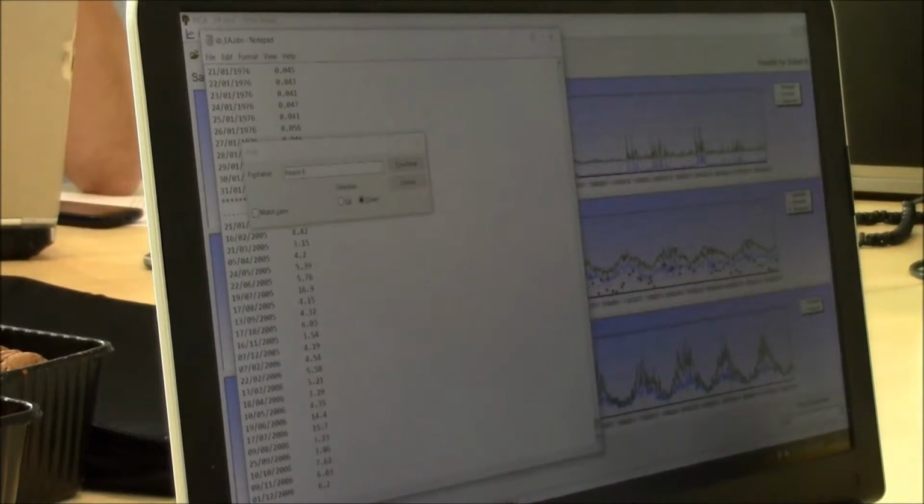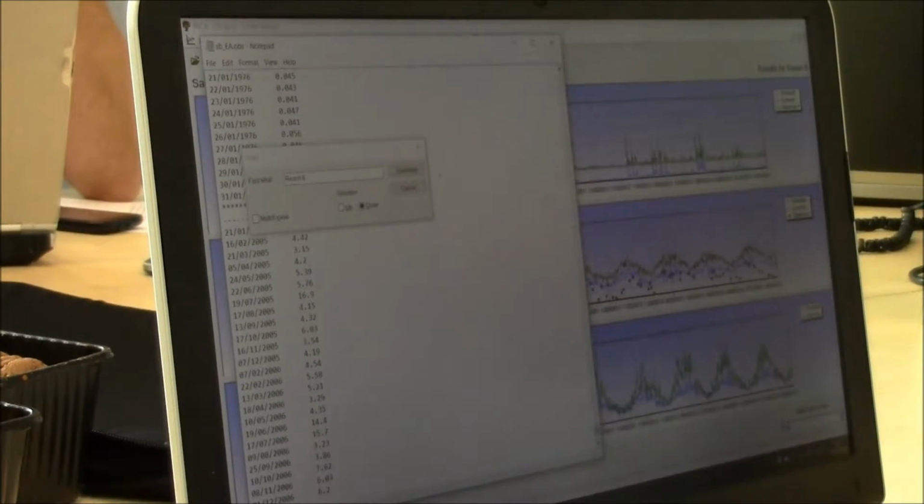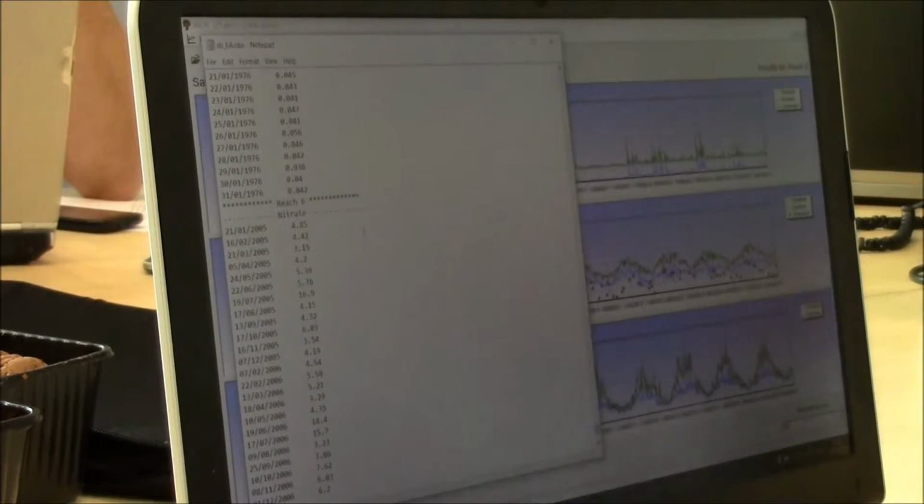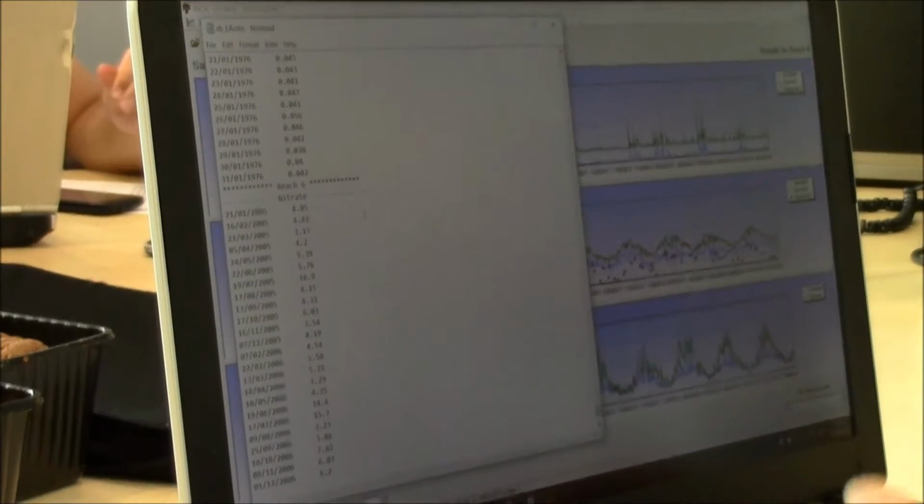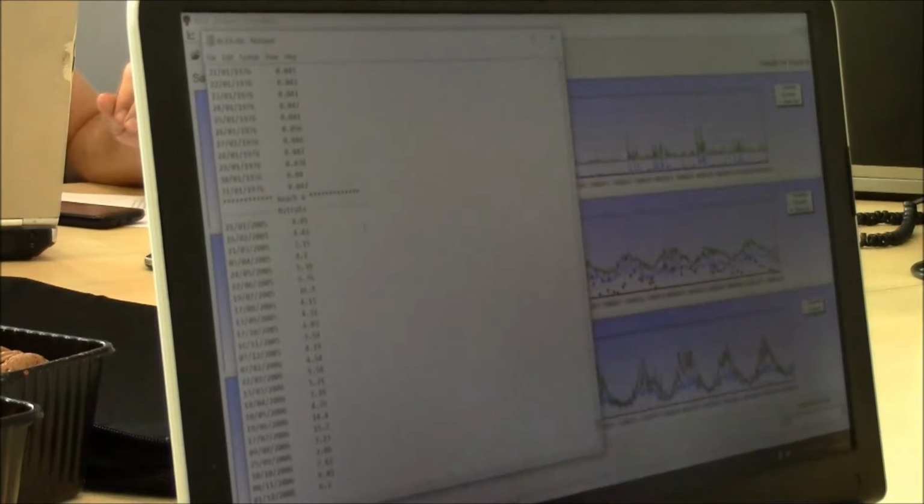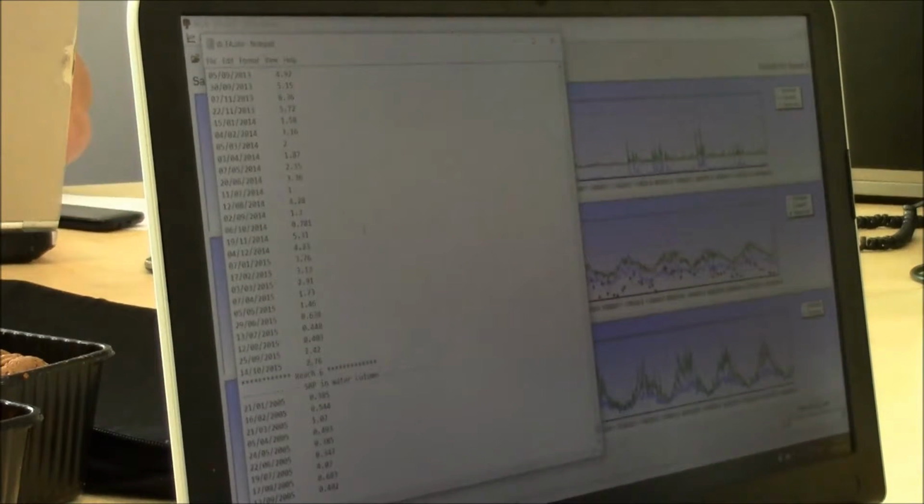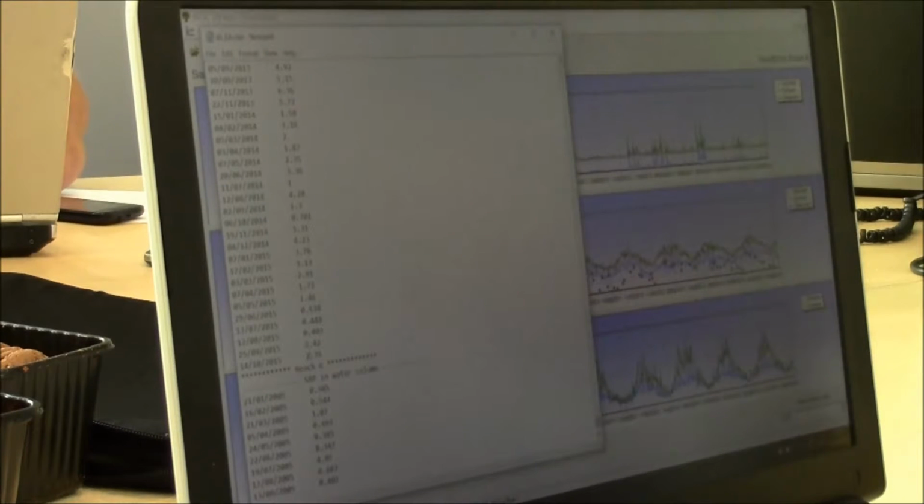Okay, so we have the nitrate. Did you find it? So here we can see all the records of nitrate concentration that were collected by the Environment Agency. They start in 2005. So if we go down until the end of the time series, the last value will be the 14th of October 2015. That's fine. Okay. So we just add a row,